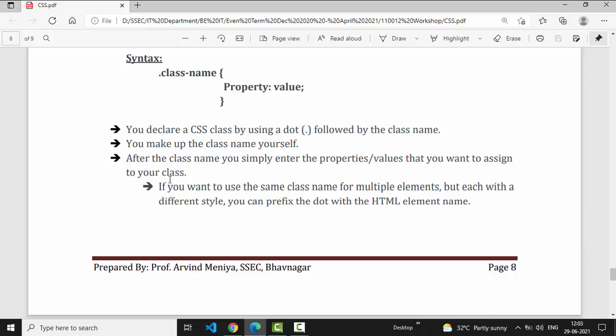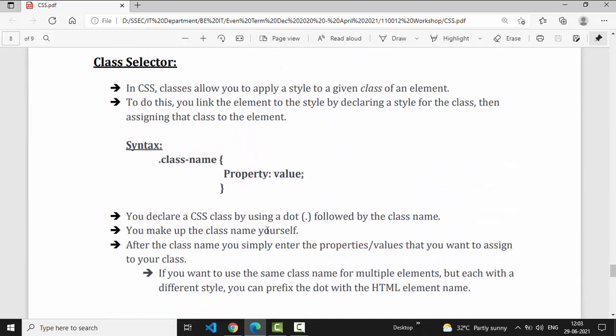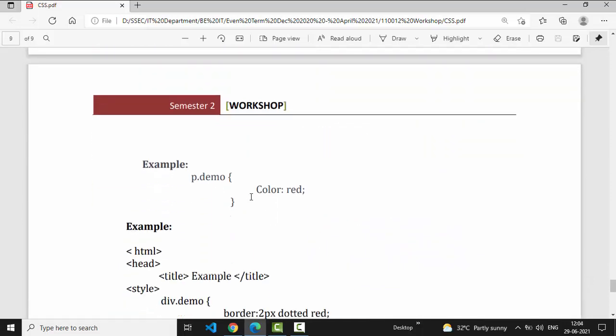If you want to use the same class name for multiple elements, but each with a different style, you can prefix the dot with the HTML element name. This is important. Say for example, now this is the demo class.